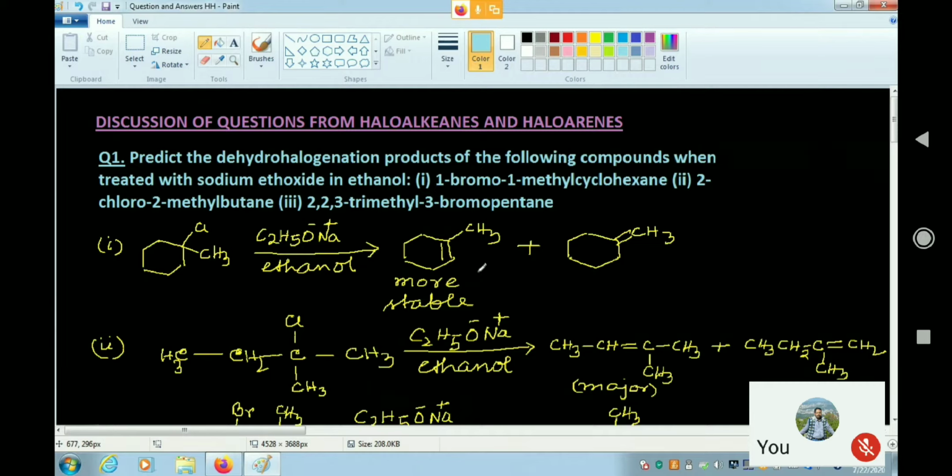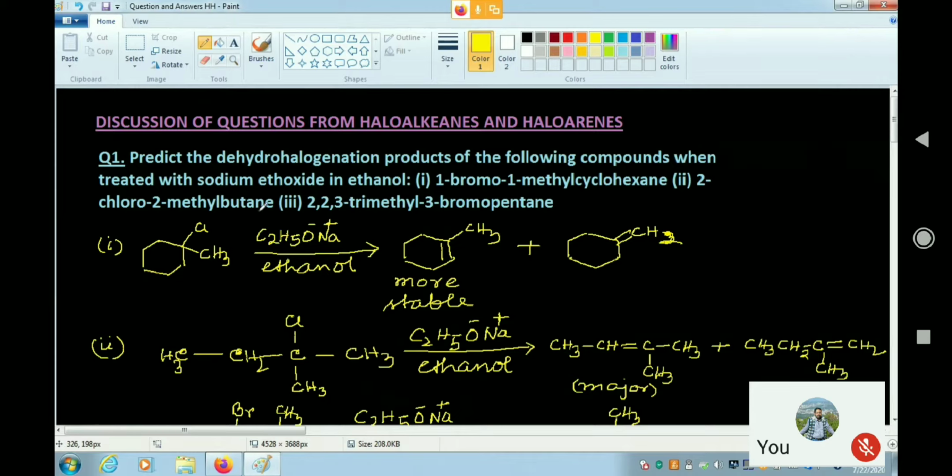Now among these, this one will be the major product and the more stable one, because the number of hyperconjugable hydrogen atoms is more. So this is the product. Next one, here it must be 2. Now in the next one, that is in case of